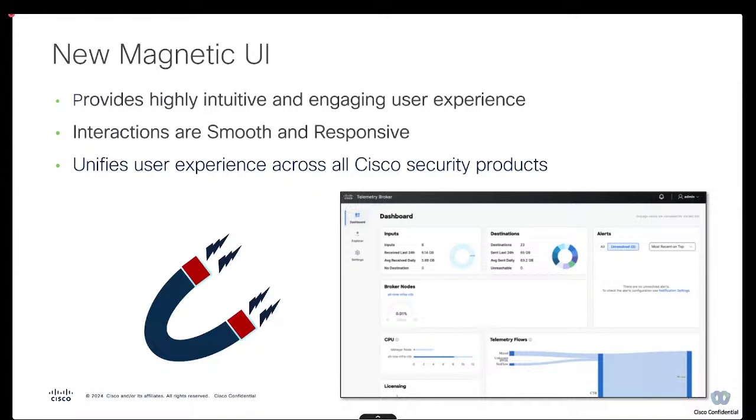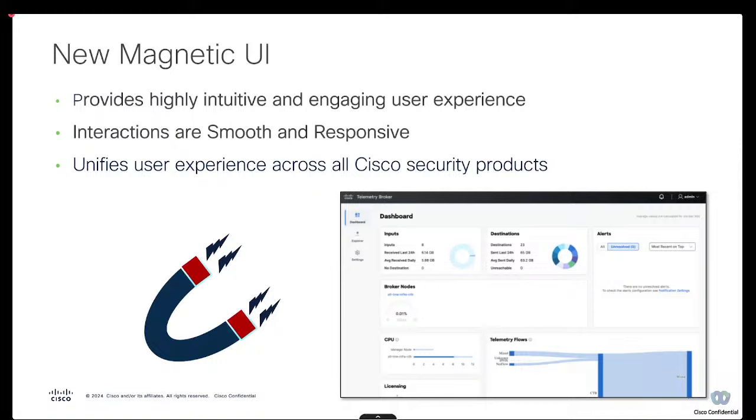The user experience optimizations were quite significant. We are on a journey Cisco-wide to align products to provide similar experiences, obviously in the context of the functionality that they provide. This improves the overall look and feel of the products and makes sure Cisco products get a similar look and feel across the board, and CTB is not excluded from that. It's actually a really good way of aligning to the wider portfolio, and the team did a great job at aligning the UI